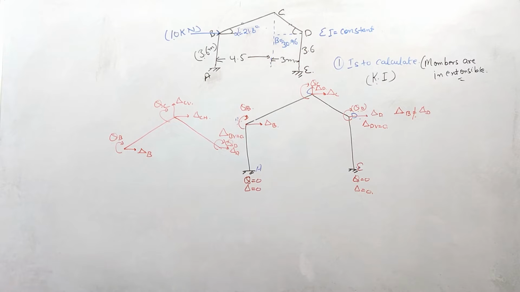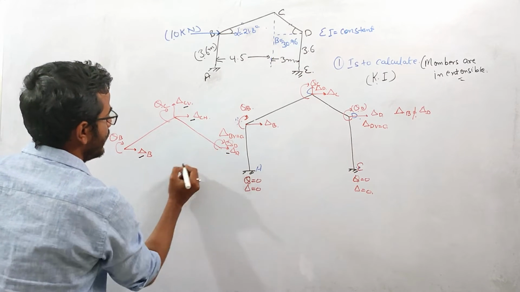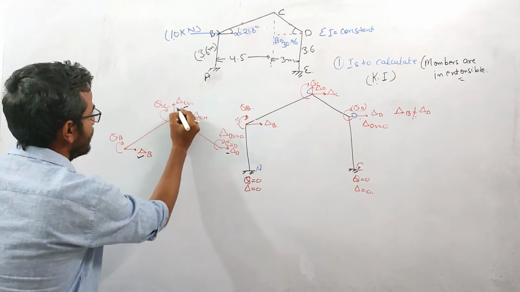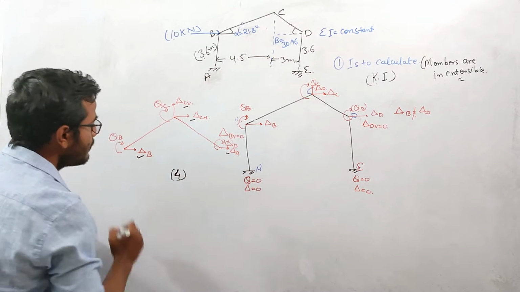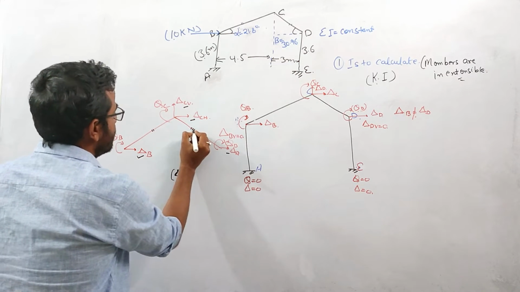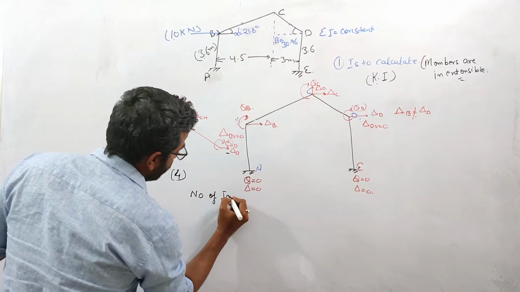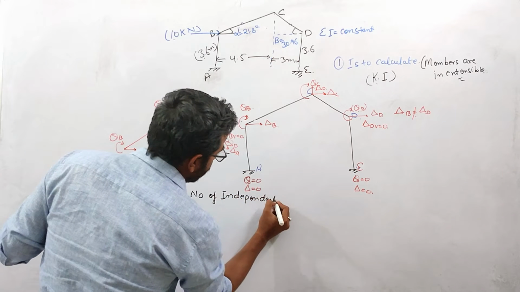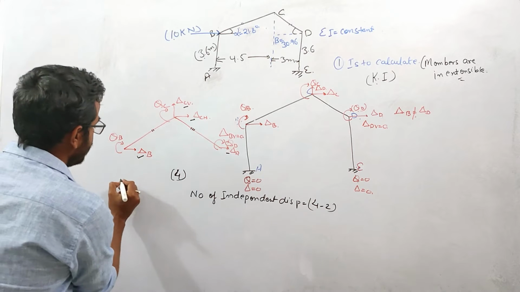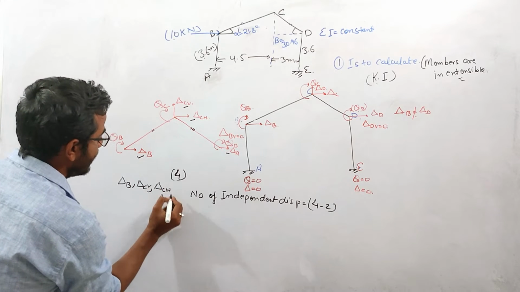Now you can see the total number of deflections here. I'm just talking about these displacements 1, 2, 3, 4. I'm not considering the rotations now. I'm just taking these 4 displacements, and you can see that these are connected by 2 inextensible members. So the number of independent displacements will be 4 minus 2. What I mean is that these 4 displacements, this delta B, this delta CH, this delta CV, and this delta D,